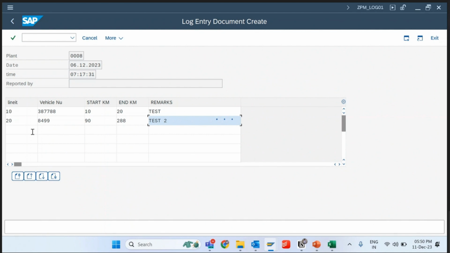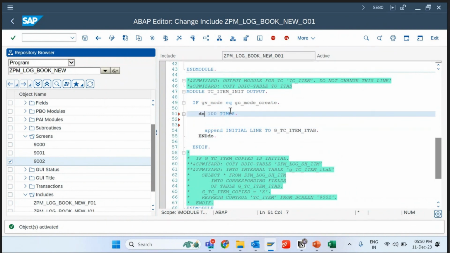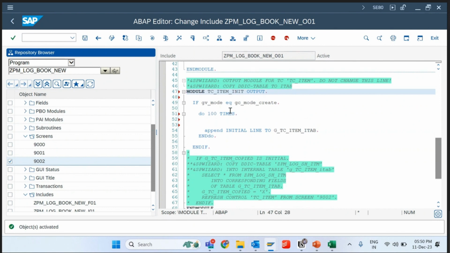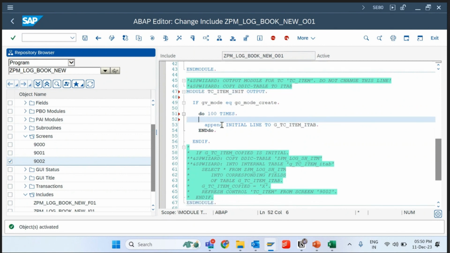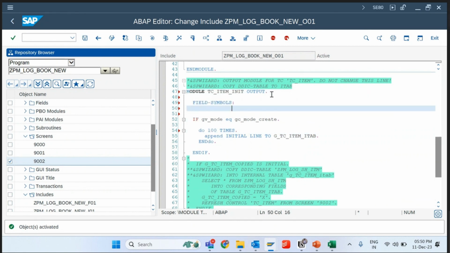So what we'll do next time, this number will be auto incremented. So what we can do, we can go to the PBO and let's say 100, and we can define a work area here. Work area is already there, I think. There is a new syntax we'll learn. Field symbol, we already discussed what is field symbol. So I'll define a field symbol, item